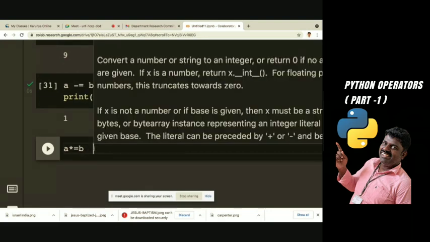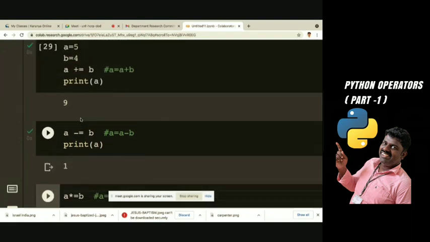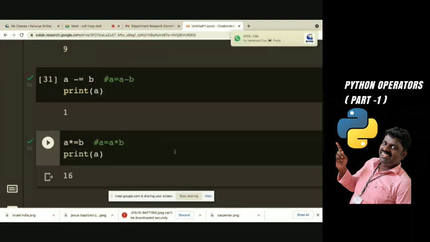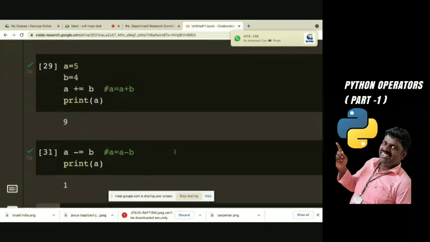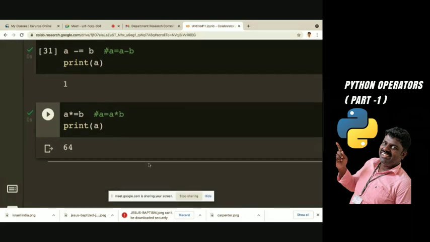The shortcut for A equal to A into B. So 5 into 4.